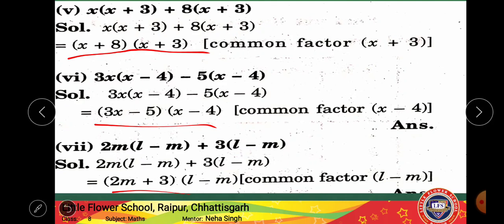In this, two steps are reduced because the question is not in exponent form, right? It is taken common and it is given. So in this we don't need to take common, we just need to write this x minus 4 and then the number left, 3x minus 5. So that will be our answer. Okay,